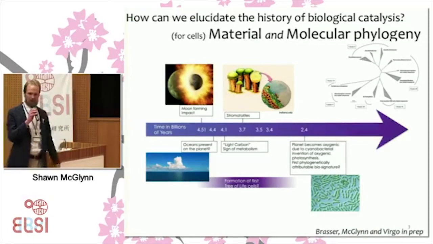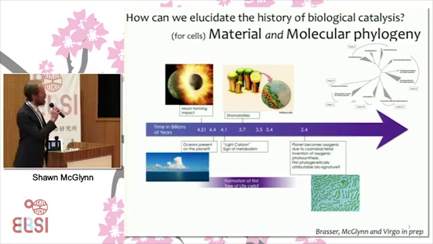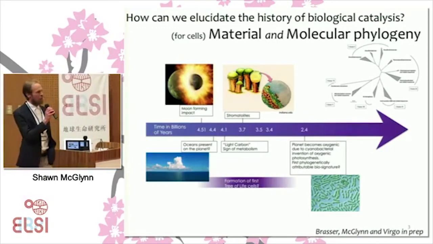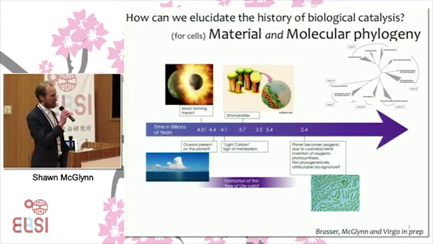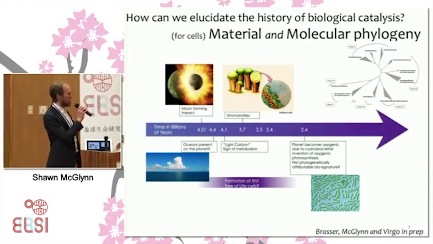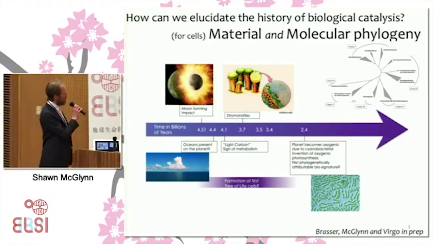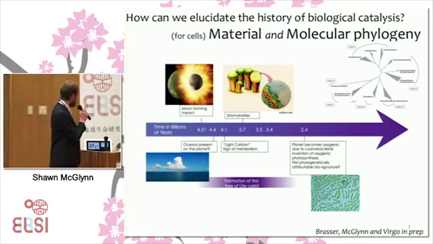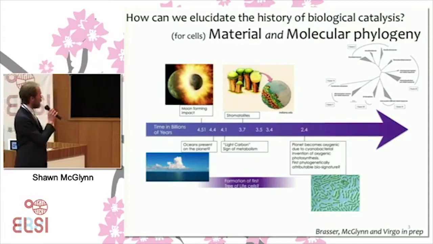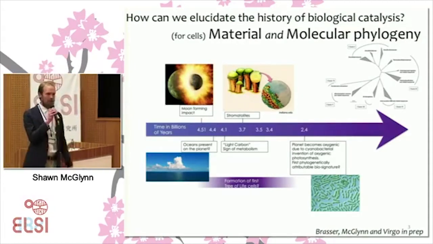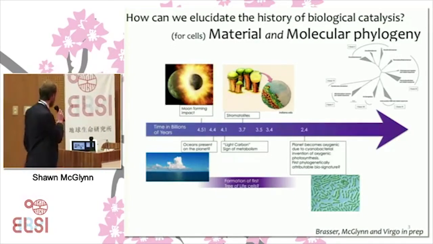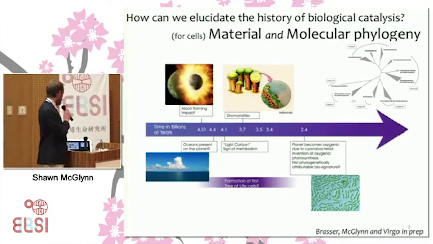So other than these material phases that we can go out and find in old rocks, we also have molecular biology. We've seen a couple of phylogenetic trees come up in the last couple of days, and a couple of mentions of the concept of using molecular clocks to put a timeline on how DNA and protein sequences evolve through time. So these are two main repositories of biological knowledge. What I'm going to propose is a pathway to link these two, to link sequence evolution of enzyme catalysis to these actual repositories. I think that might help us calibrate things. This is a long-term goal that I have here.